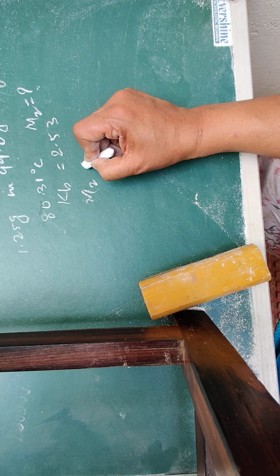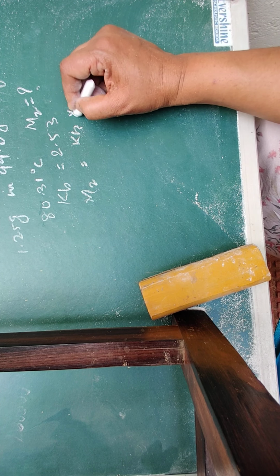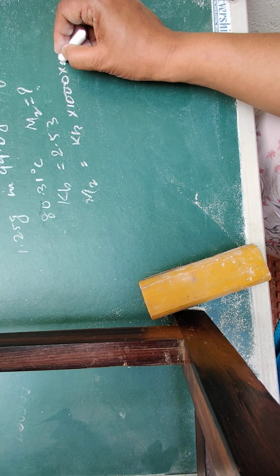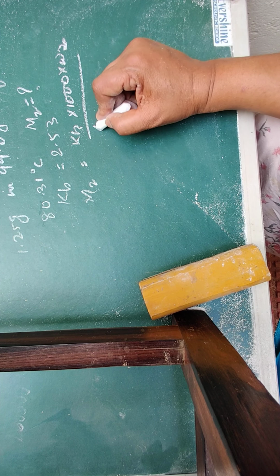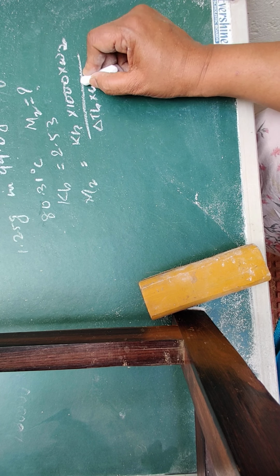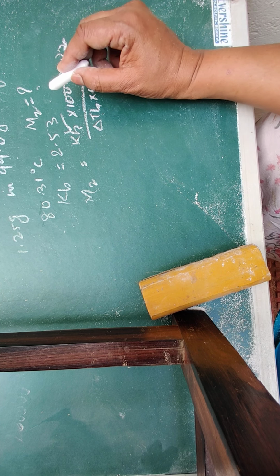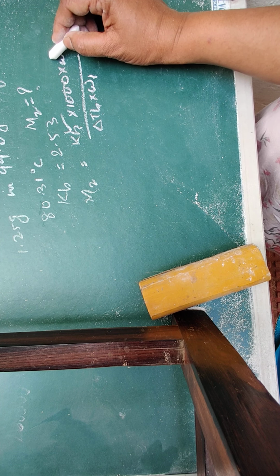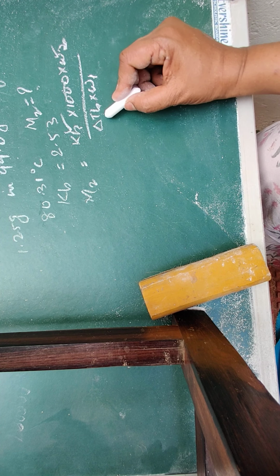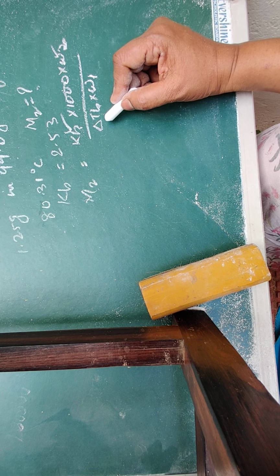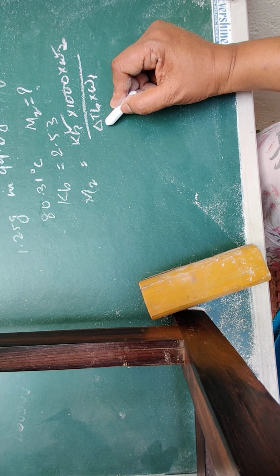So M2 equal to Kb into 1000 into W2 divided by del Tb into W1. In this way you can write, it will be easier for you. Kb is 2.53, 1000. W2 is 1.25 gram. Del Tb is given as